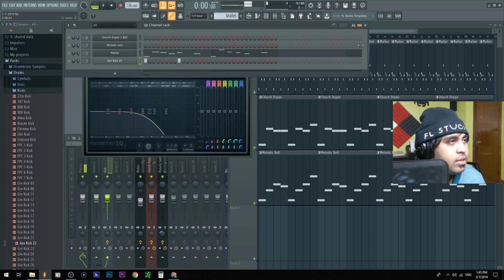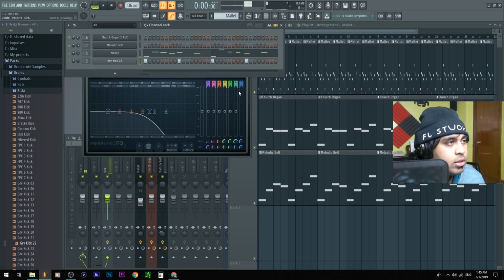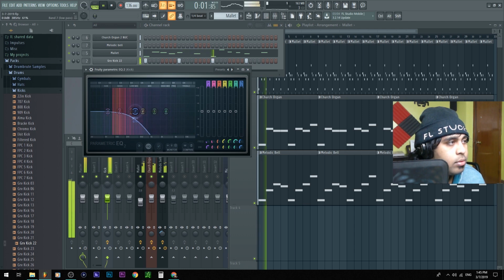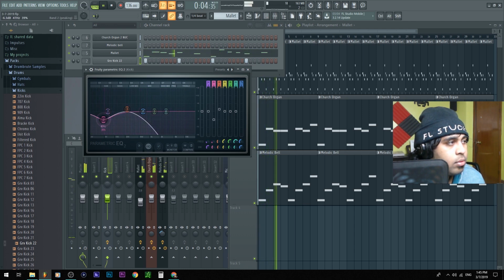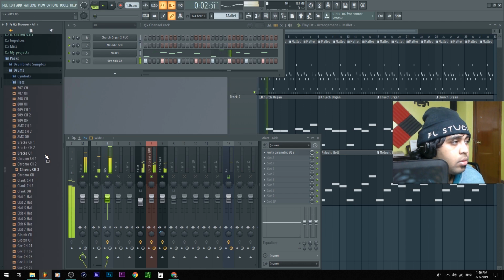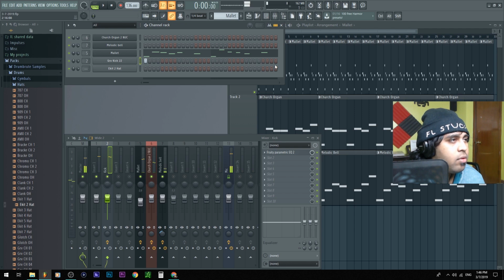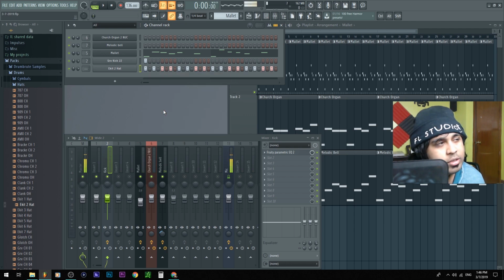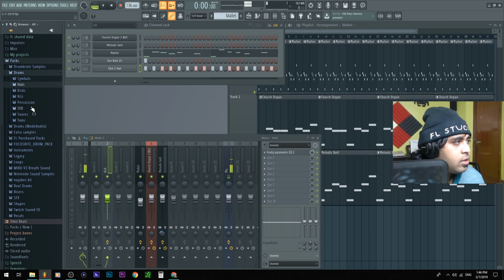So you see how I basically use the EQ to sculpt it. So I like the kick like that. Matter of fact, I'll probably use that kick. There's always an 808 too if you want. This hi-hat feels nice. I'll put this in here like this. Let's just make this thing happen real quick. Let's find a snare.